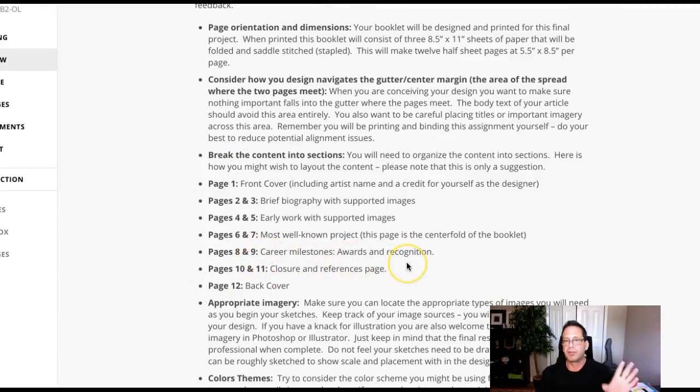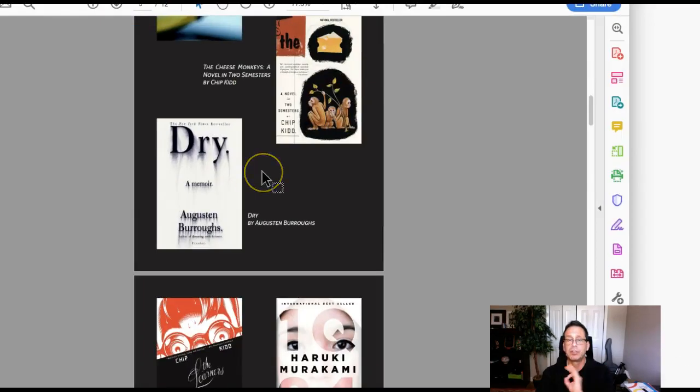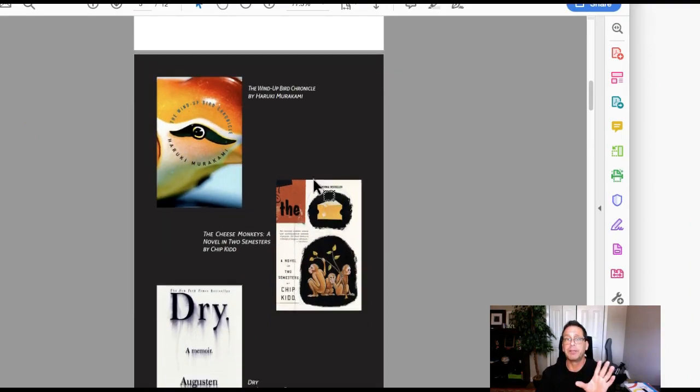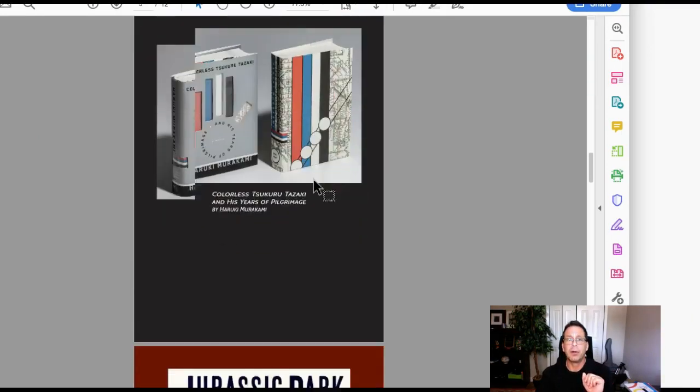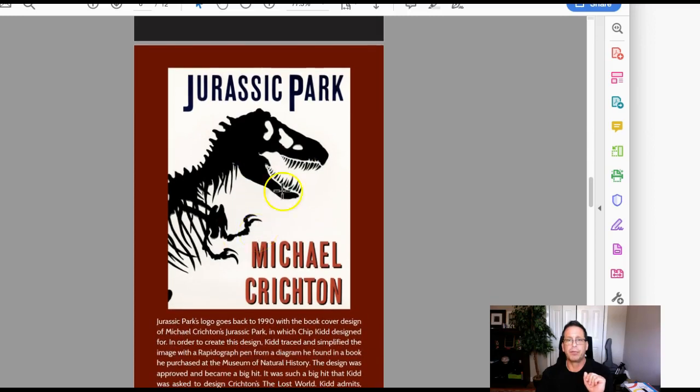And don't forget, it's just not image placement, it's also typography. And to a great degree, it's more important to show proficiency in typography than it is to show proficiency in placing images. Okay, so then we come down to Jurassic Park, and this, I guess, would be the most famous